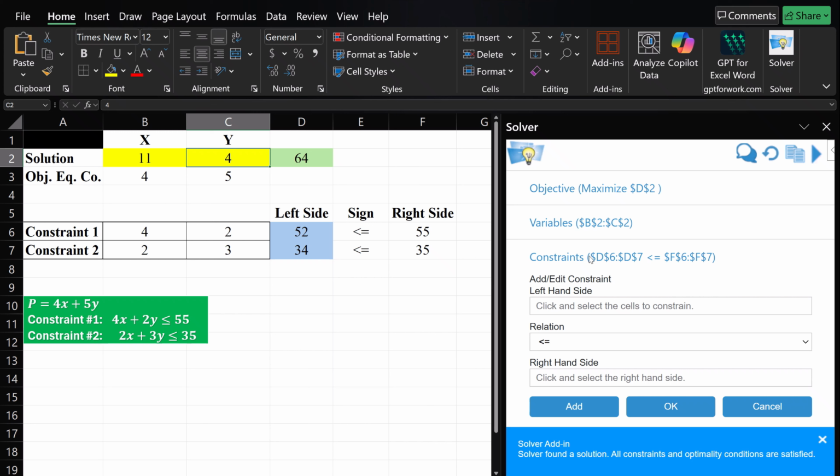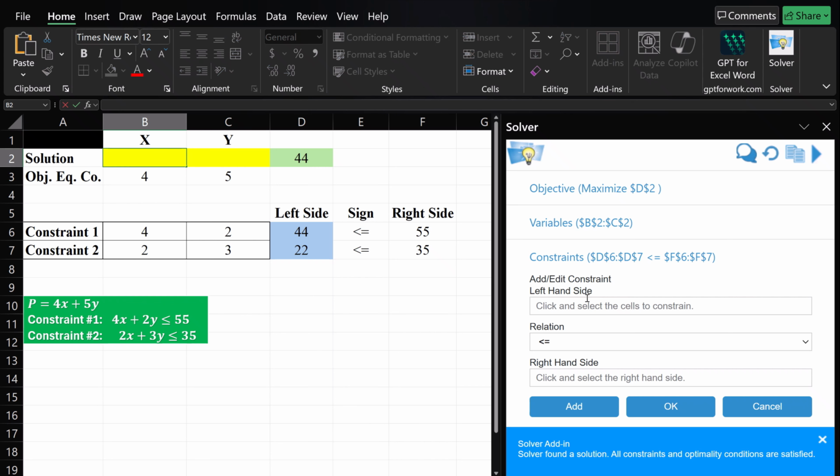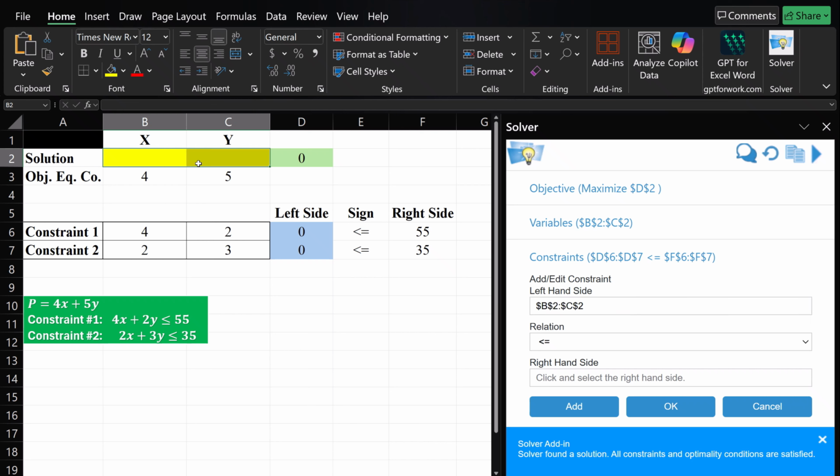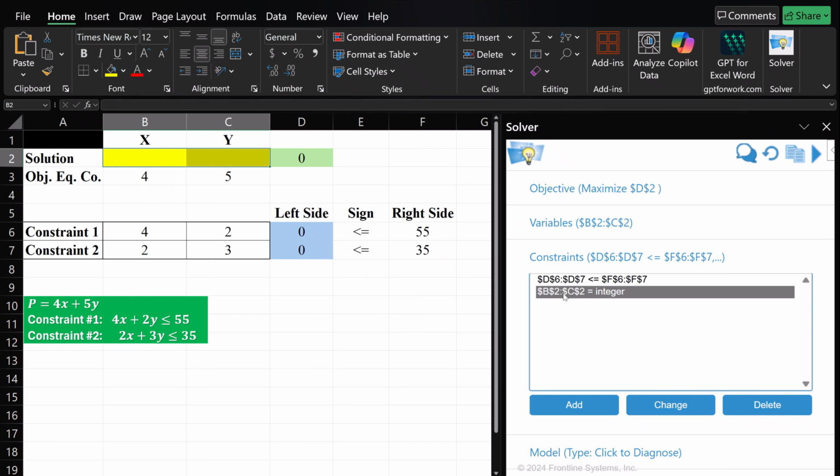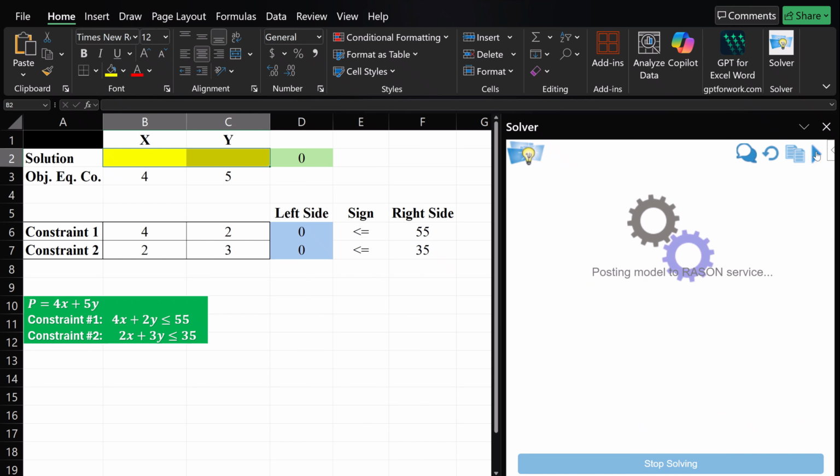In order to do that, I would go back into the constraints. Or first, let me just delete my variables to reset it. Nothing has changed in Solver, so all I need to do is go in here. I can click on the left-hand side part, and I'll highlight my variables. And my variables are what I want to make integers. So I just now go into relation and I click on the integer button and I hit add. When I hit cancel, this is what you should have if you were just solving a regular integer programming question. You would add in your constraints of the left-hand side and right-hand side of your inequality, and then you could just add the additional constraint of making your variables be integers. So now when I hit run,